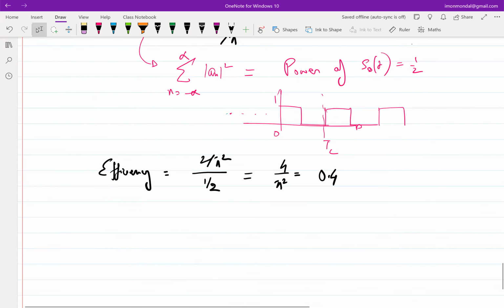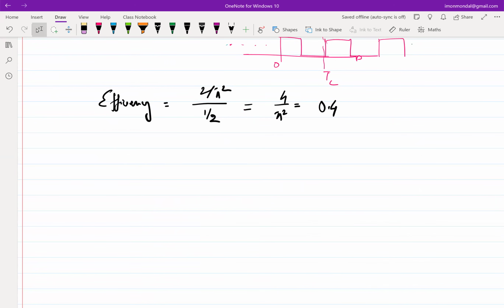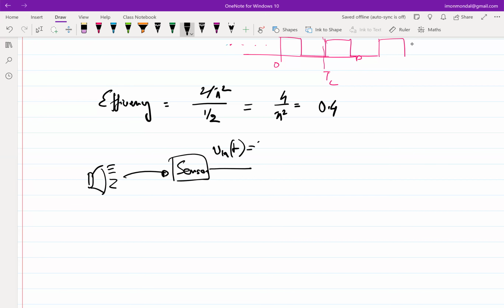Okay, fine. So now we had a question. We had a microphone. Then we had a sensor, which converted signals V in T, or let me now call this VBBT. I'll just change the terminology, which had a frequency component of FBB. Then we used a mixer, right, which was a square wave,